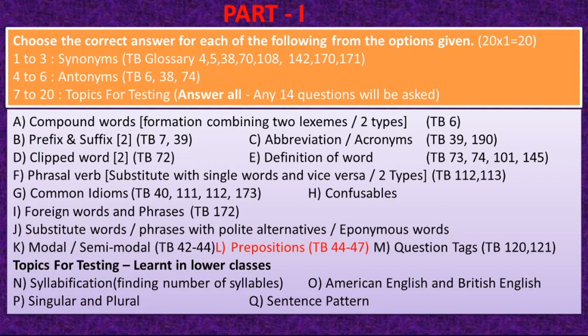The other way can also be asked, which means choose the correct combination for the compound word. For example, whitewash. What is 'white', which part of speech? Adjective. 'Wash', verb. So adjective plus verb, that is another way of asking. Any way it can be asked, we must be ready to attend whatever it may be.